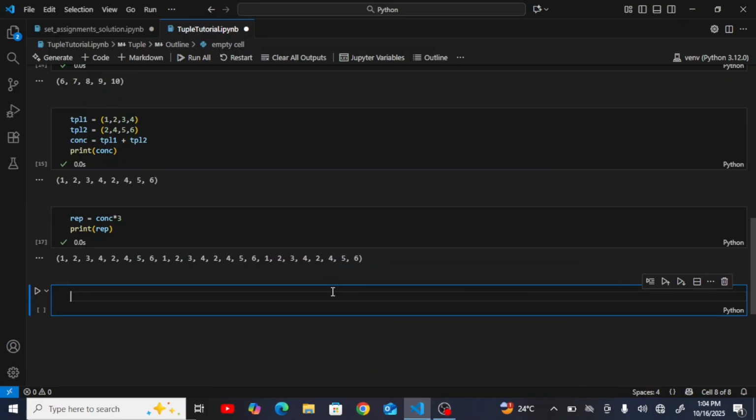The next item on the outline is the tuple methods. Tuples basically have 2 methods, which are count and index. Count is simply a way to count the number of times a particular element occurs in a tuple. So if for instance I want to count the number of times 2 appears in this tuple,